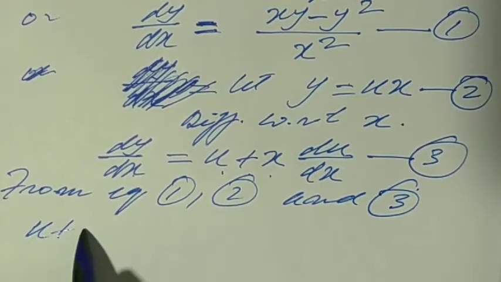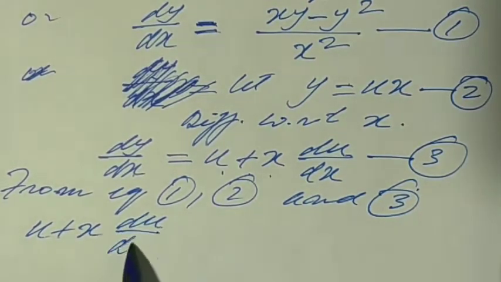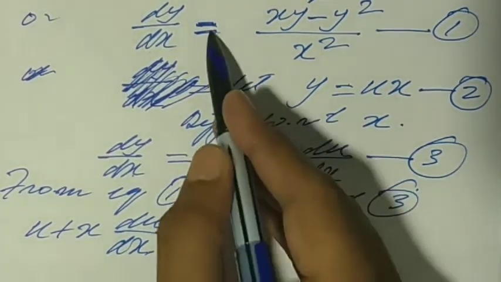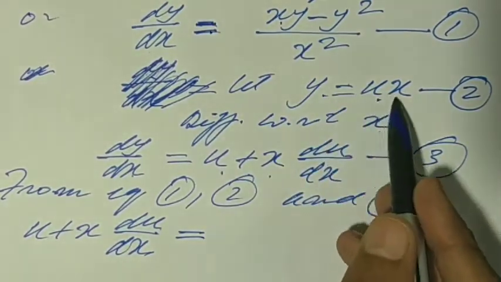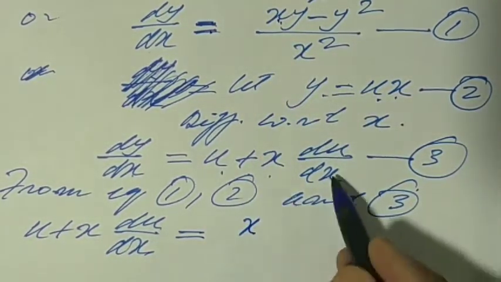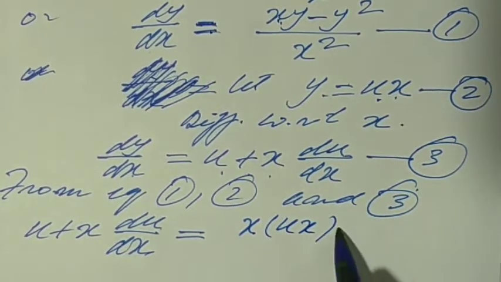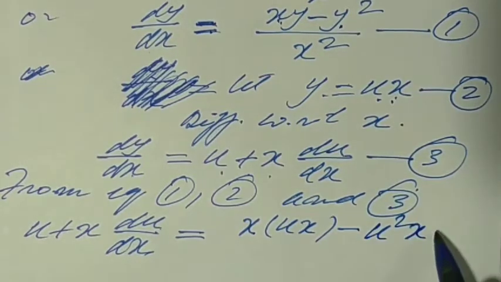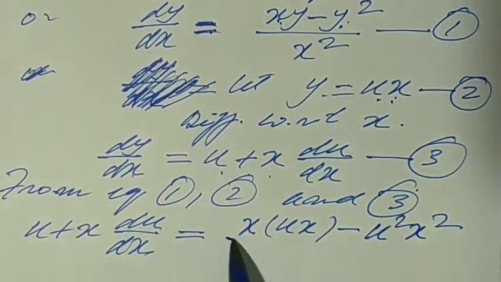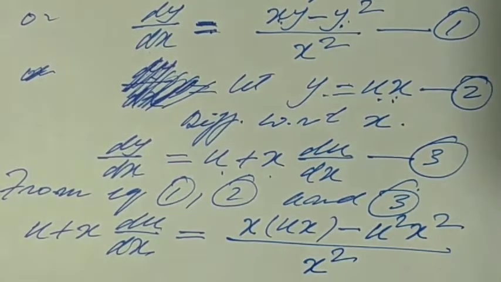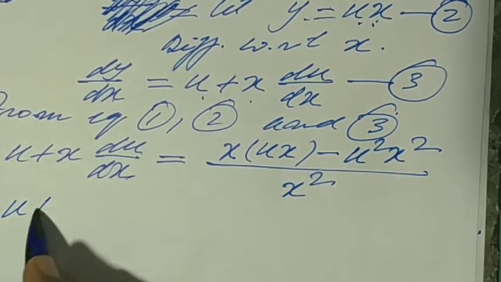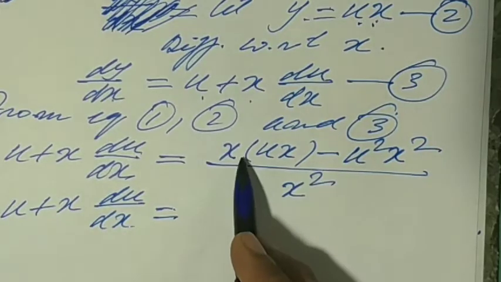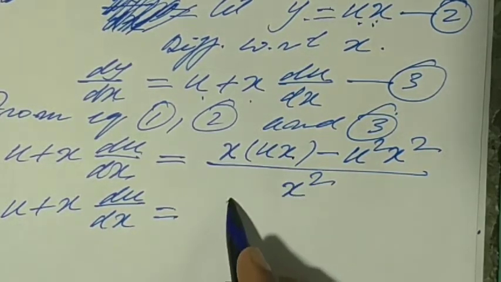we get u plus x du upon dx. In place of dy upon dx we have written this expression, is equal to, then in place of y we have to write ux. So here x into ux minus, we have to replace y by ux in the second term, so it becomes u square x square because there is y square. In denominator we have x square only. So u plus x du upon dx is equal to, if you open it up, x will multiply x and you get ux square